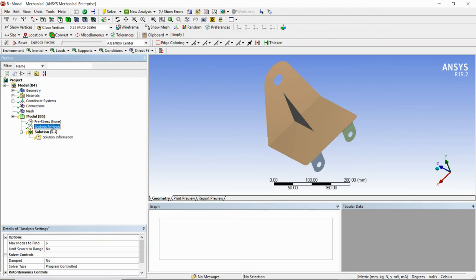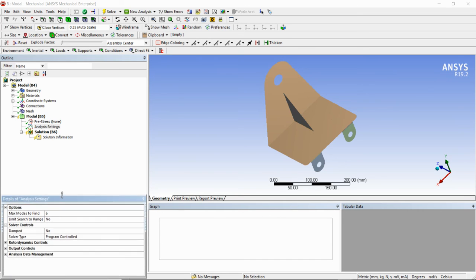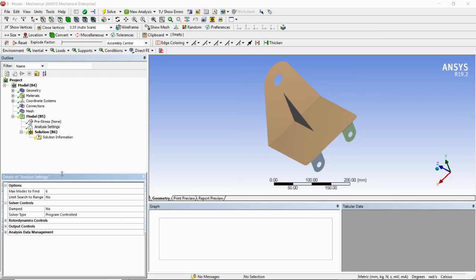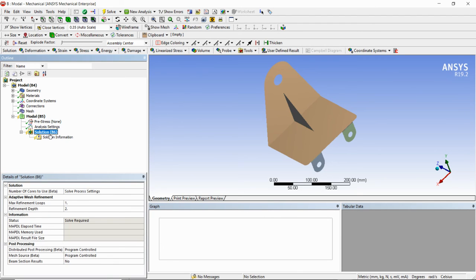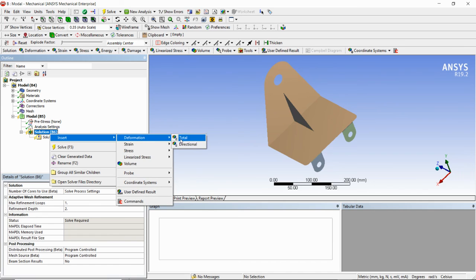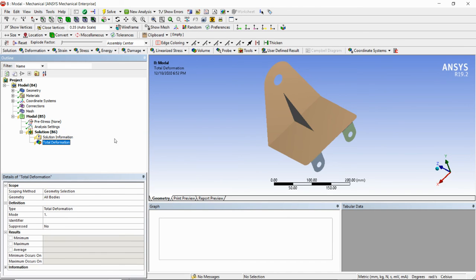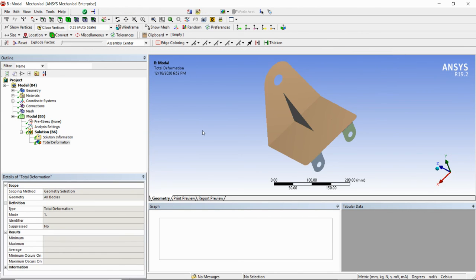I will go to analysis settings. You know the inputs; we have seen modal analysis in previous lectures. I will set the maximum modes to 10 and limit the range from 0 to 1000 hertz. I will give the output as total deformation, and I will solve this model.